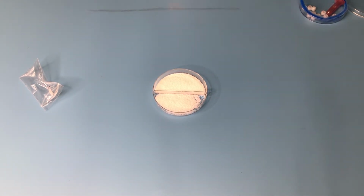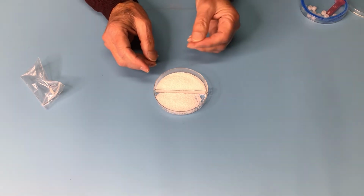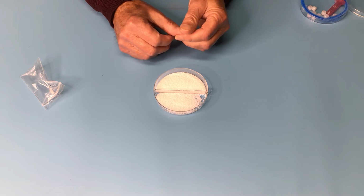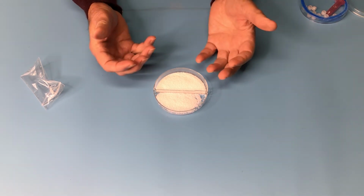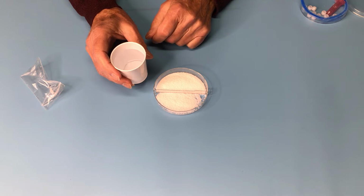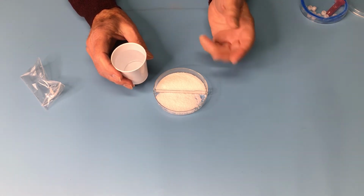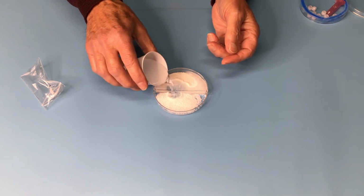We're going to need some water because this powder absorbs water. It absorbs a tremendous amount of water. And when things absorb water, we call it hydrophilic because it likes water. So I'm going to go ahead and pour some water in here. I only have about an ounce of water, and then we're going to watch and see what happens. Okay, here we go. Let's pour the water in